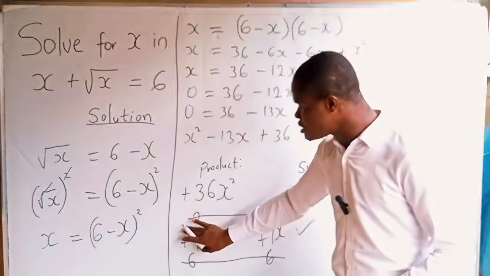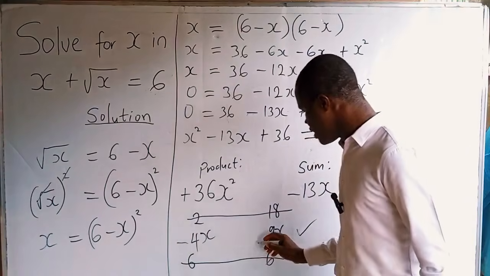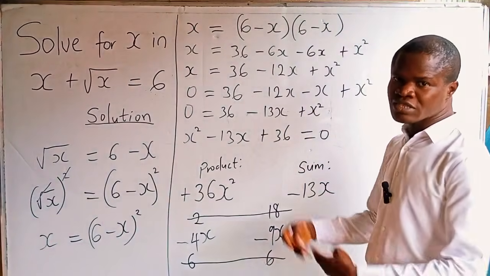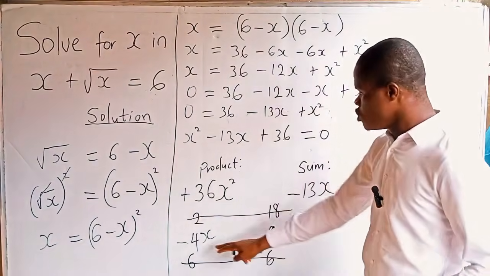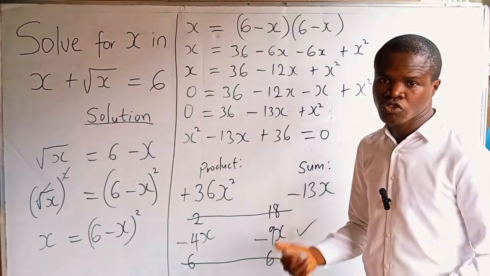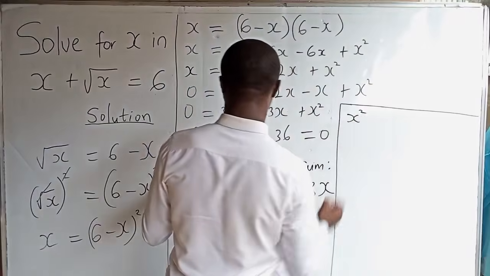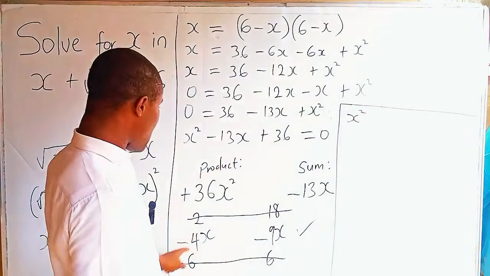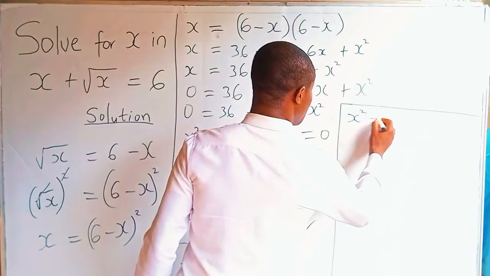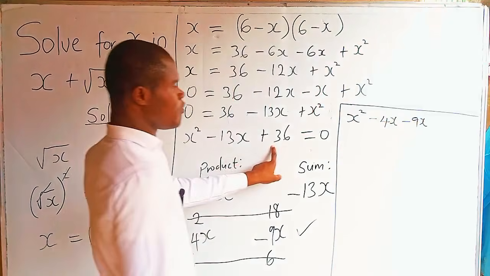So what to do next is to change the plus to minus. This is minus here, this is minus here. So minus 4x minus 9x will give us minus 13x. So these are the two terms we are going to use to replace this middle term here as to solve by factorization method. So I'm going to now rewrite this equation. This becomes x squared. Instead of writing minus 13x, I will now replace this minus 13x with minus 4x minus 9x. Then this is plus 36